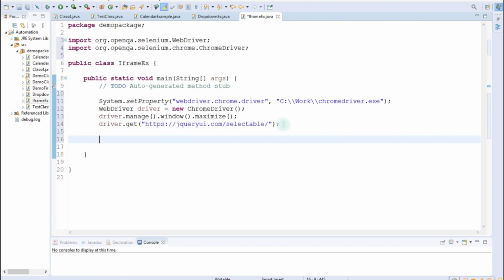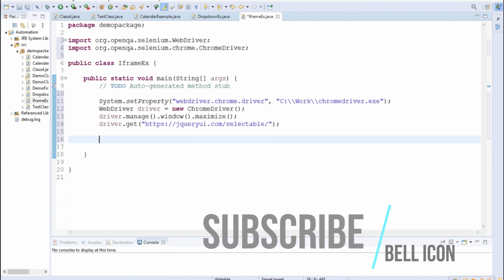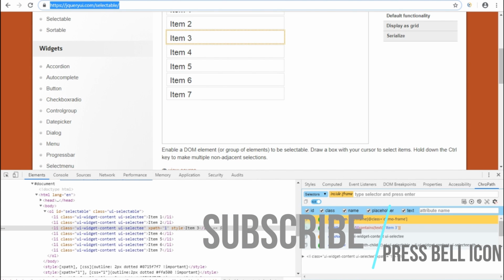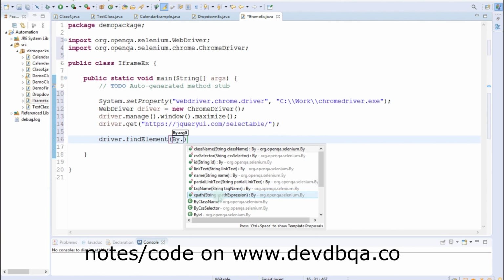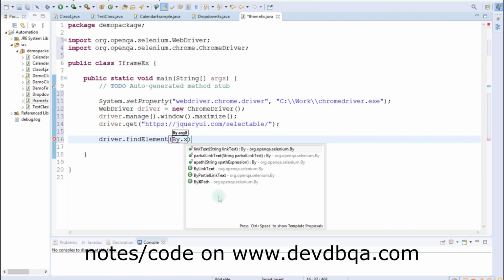Now we have to click on that element. So I will copy the XPath of that element. And for clicking on the element, what we have to do, we have to write driver.findElement. So first of all, we have to find that element. So for finding the element, we have to write driver.findElement and in the arguments By.xpath.